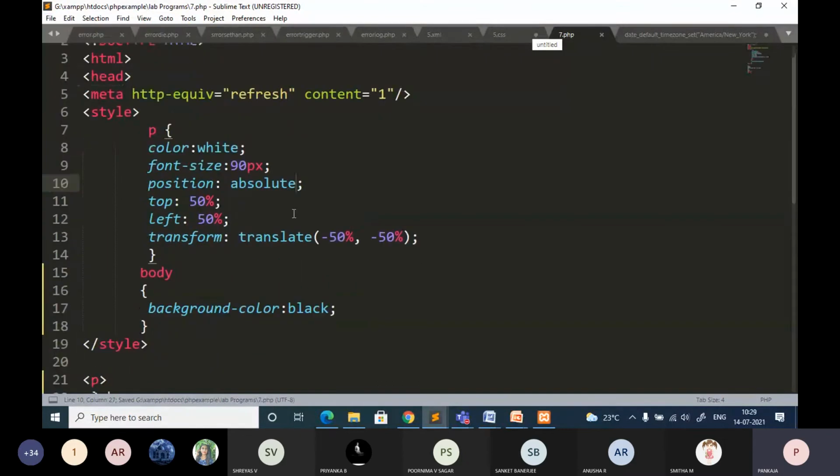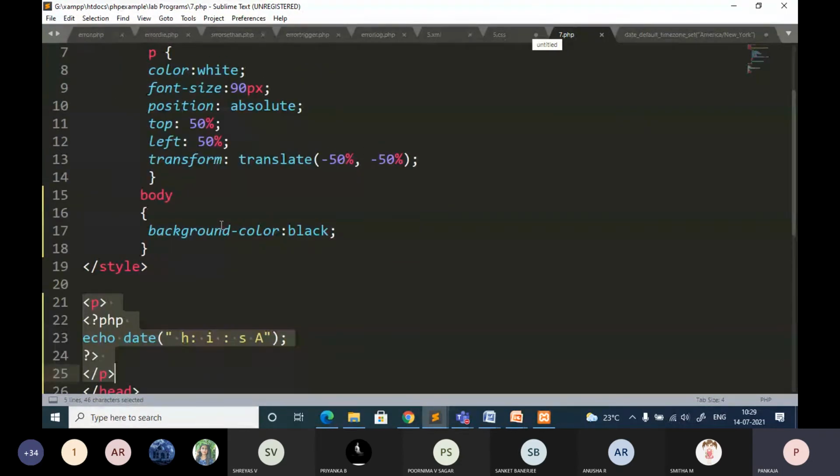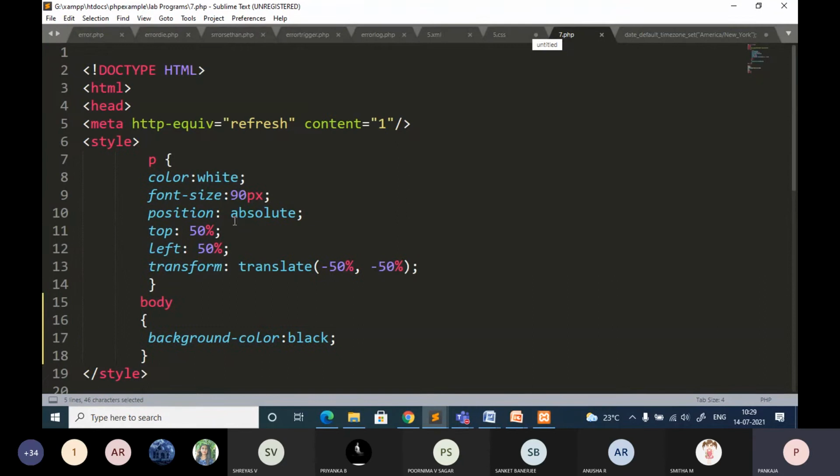There is nothing much. Whatever style you want, you represent this completely in the paragraph tag, and you can apply some style to that paragraph using the embedded style tag. So the color I have specified as white and the font size is 90 pixels.